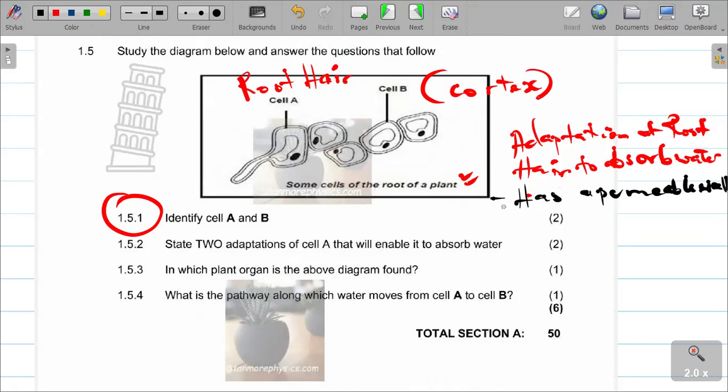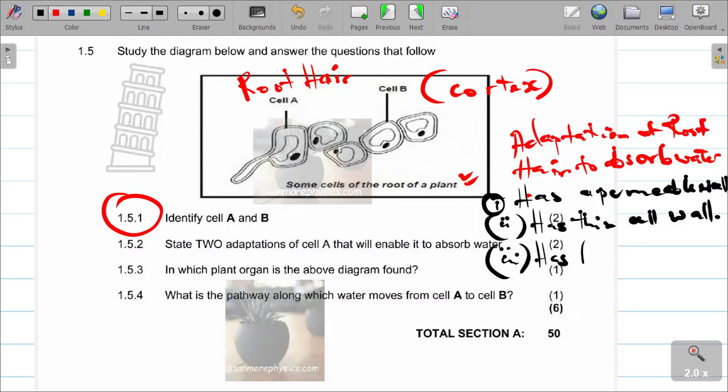It is a permeable cell. That is 1. 2, how is the root hair adapted? It is actually having a thin cell. It is also facilitating the absorption of water, which of course is supported by the fact that it also has finger-like projections, which are increasing the surface area for water absorption. It has got finger-like projections,